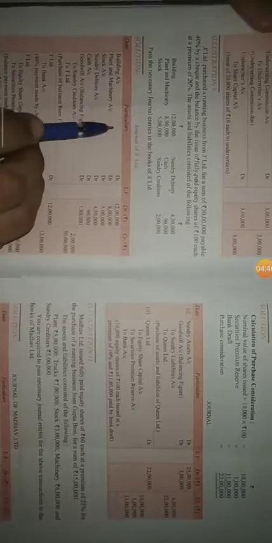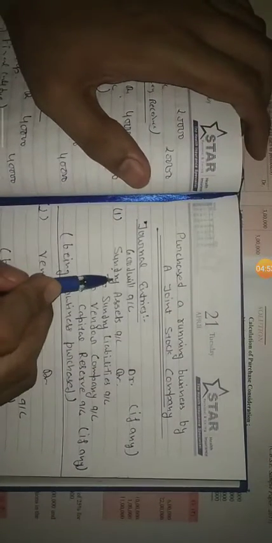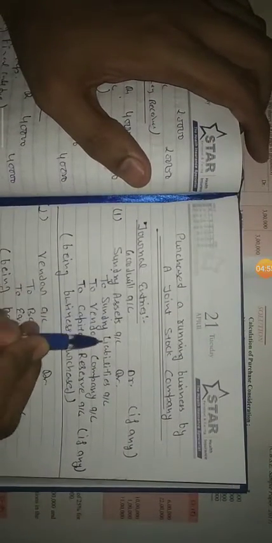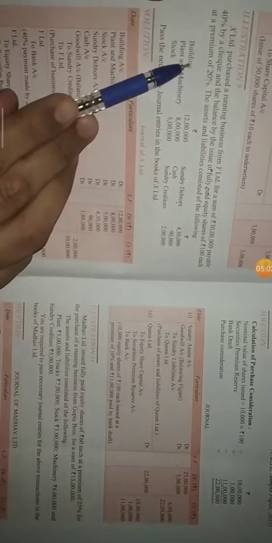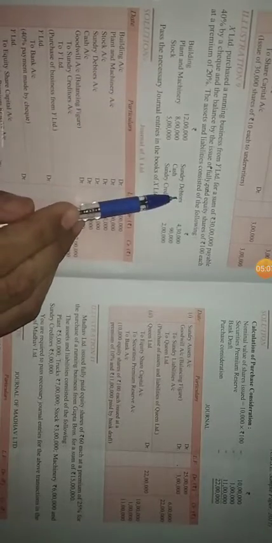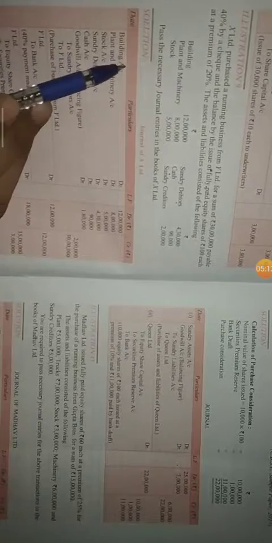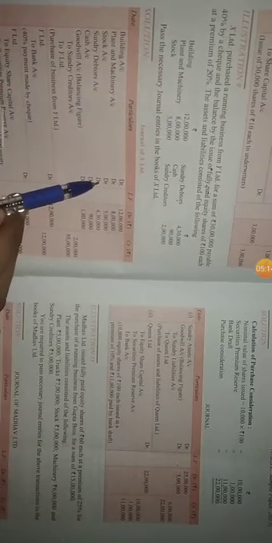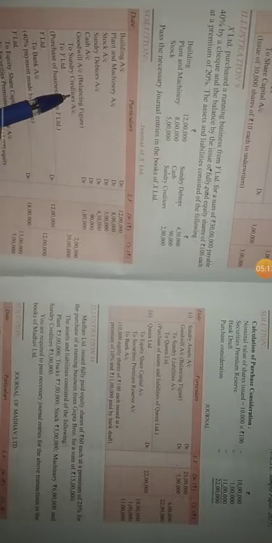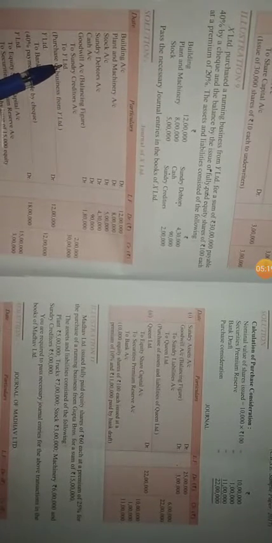So first, now again we check our transaction entry. The first entry will be sundry assets account debit to sundry liability and to vendor company. Instead of sundry assets, we will write here building account debit, plant and machinery account debit, stock account debit, sundry debtor account debit, and cash account debit. All 5 assets will become debit. To sundry liability, that is creditor, and to vendor company, that is Y Limited.